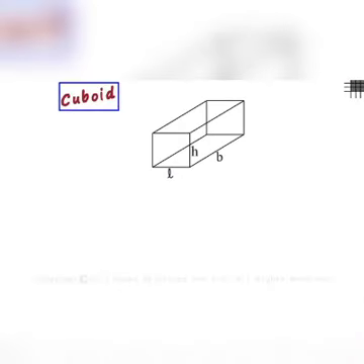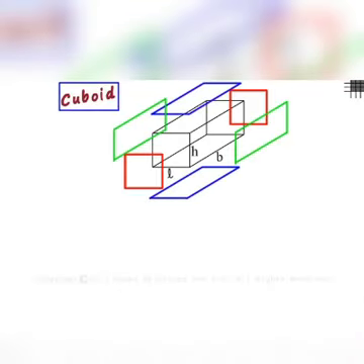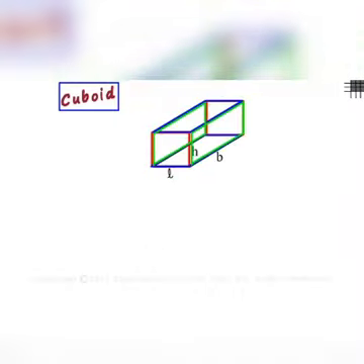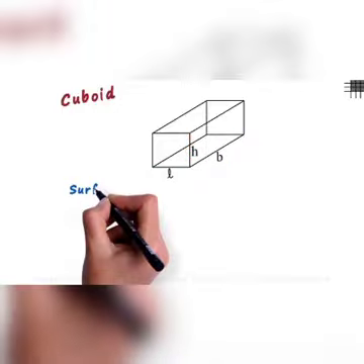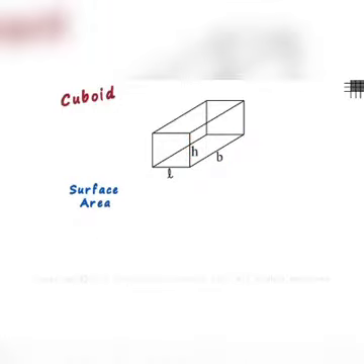How do we find the surface area of a cuboid? This three-dimensional shape is called a cuboid, which is bounded by rectangles on all sides. The most important thing that we should know about a cuboid is that it is defined by its length, breadth and height. We call them L, B and H respectively. Now, we should know how its surface area is calculated.